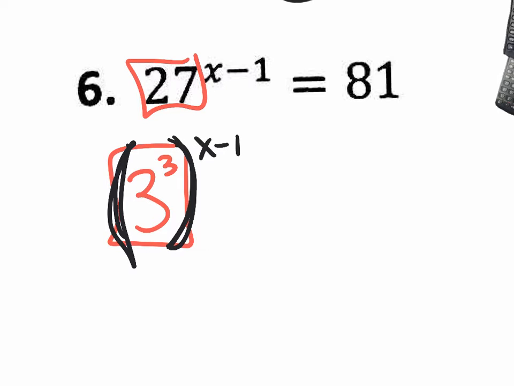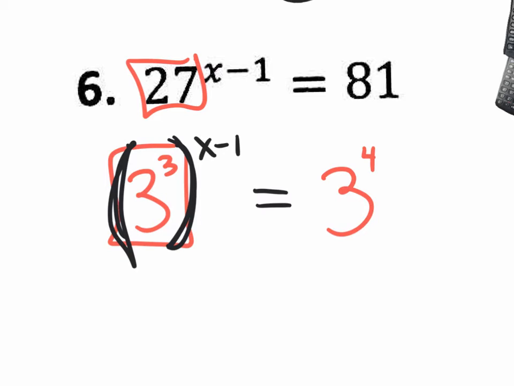Could I rewrite 81 to be 3 to a certain power? 3 to the 4th power is 81. Why 3? Because I know I have a base of 3 right here. So it'd be nice if I could change this one to be a base of 3 also, right? So now that we do have the same base 3's, we could eliminate them and solve what's left over on